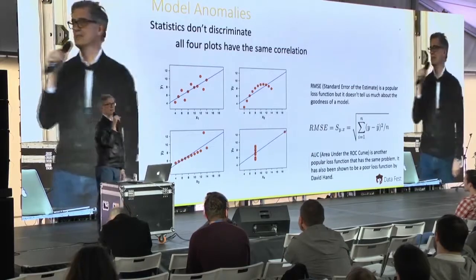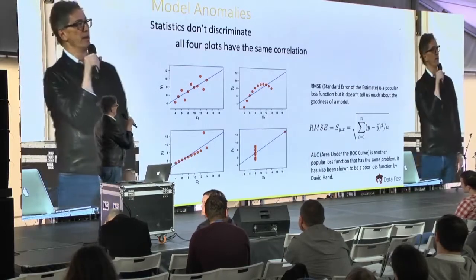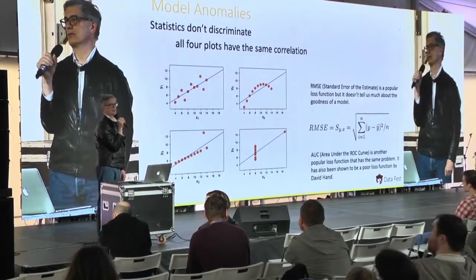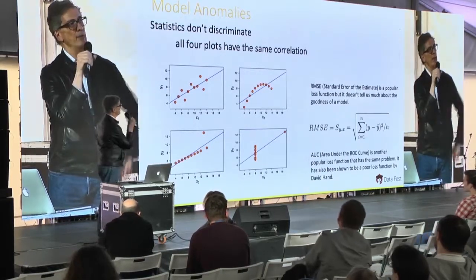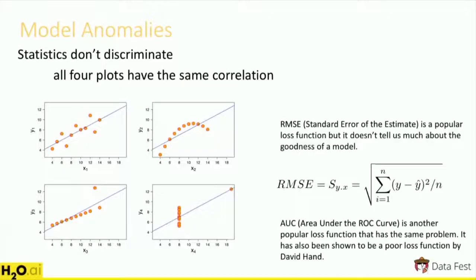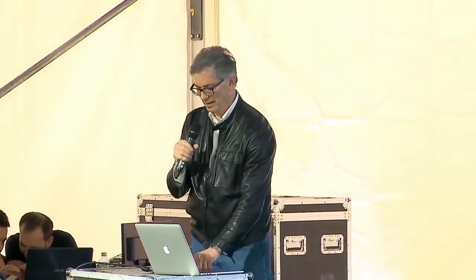The statistician Frank Anscombe at Yale made 4 scatter plots that all have the same correlation. I'm only trying to point out here that the computation of RMSE, which is normally called the standard error of the estimate in statistics, is a simple statistic, but it's not representing what went on in that plot, is